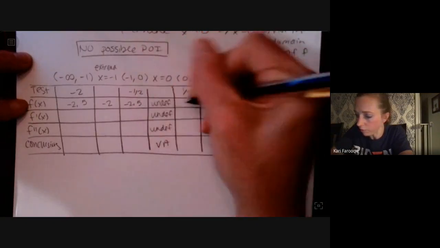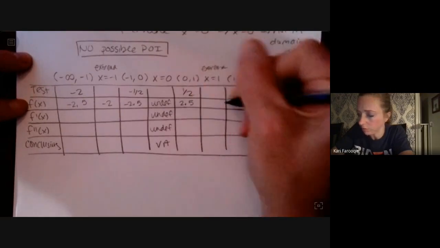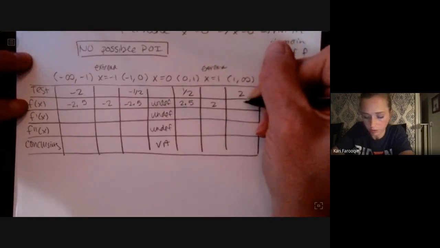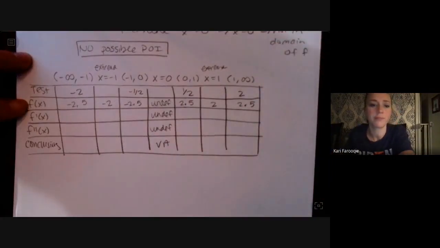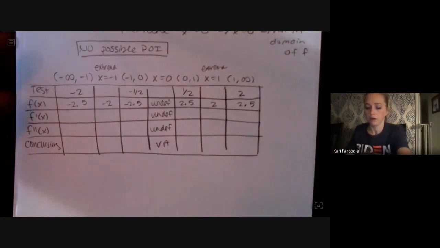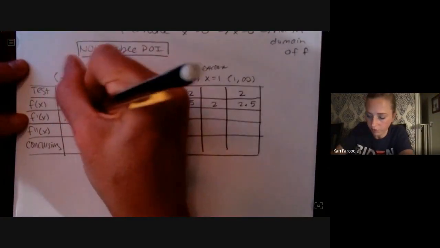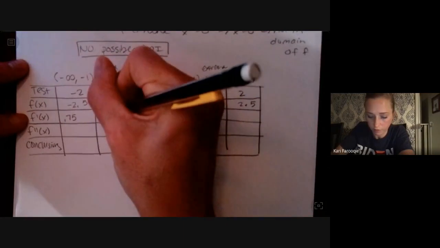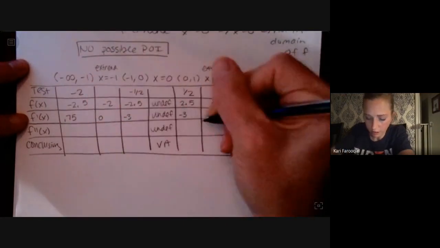At 1/2, we're at 2.5. At 1, we are at 2, and at 2, 2.5. For f prime, that's y sub 2, you're at 0.75, 0, -3, -3,